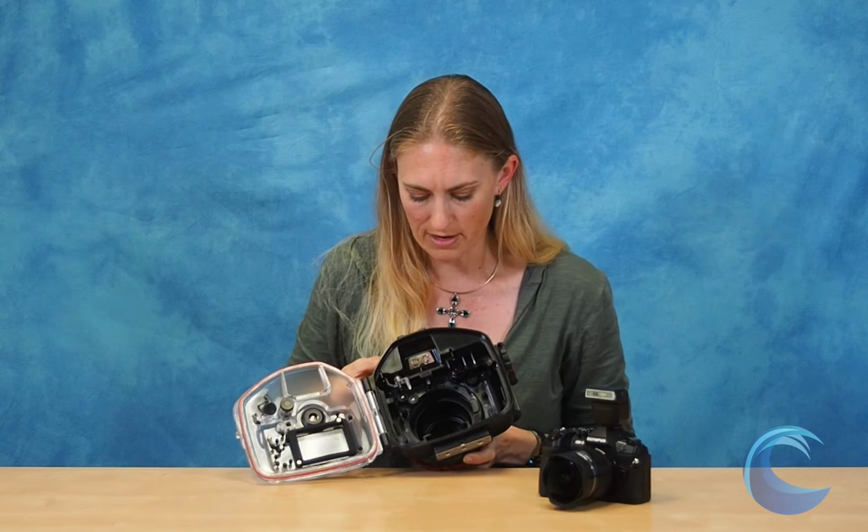It's very easy. The housing will work with any external strobes via fiber optic cables, just like the previous models. Olympus does include this accessory flash when you buy the camera. It's the same flash they had on the E-M5 Mark II. So it goes on, and you slide the whole camera and flash in there